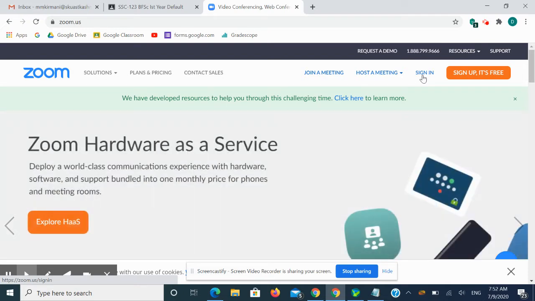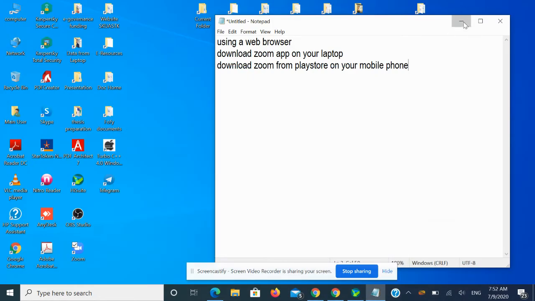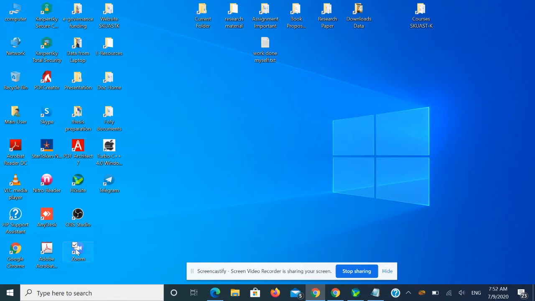Those settings can be stored in your downloaded Zoom app. Second, your contacts with whom you are holding meetings can also be managed once it is downloaded on your system.